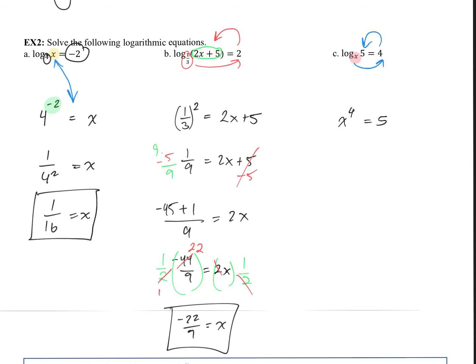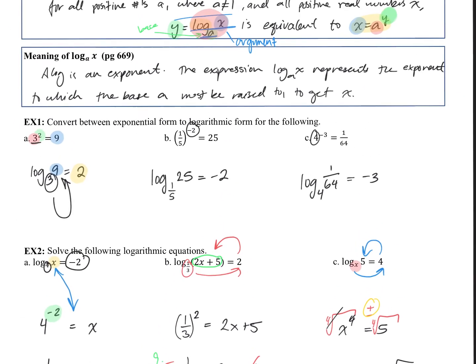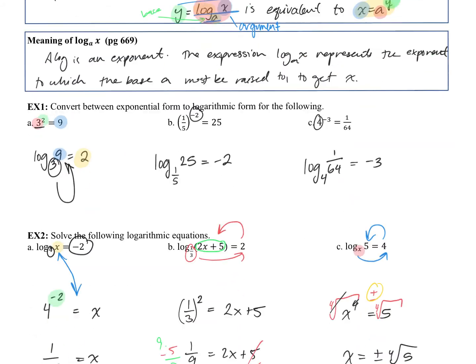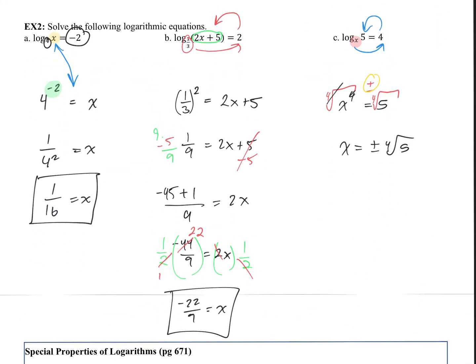Do we know how to solve this? Yeah, we do. Let's go ahead and take the 4th root, and when we take the 4th root, we have to be careful and include the plus or minuses. That's whenever you're taking an even root. You have to remember to do the plus or minus. That cancels, and x is equal to plus or minus the 4th root of 5. However, if you recall the base, what do we know at the base? The x value needs to be positive numbers. All positive real numbers. So, we're not allowed to have that negative for x. So x equals positive 4th root of 5